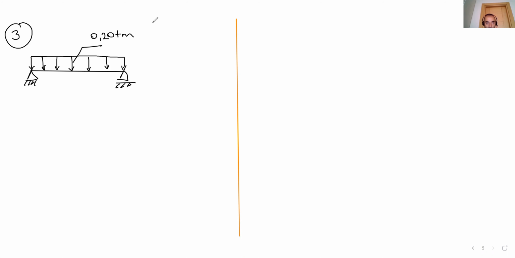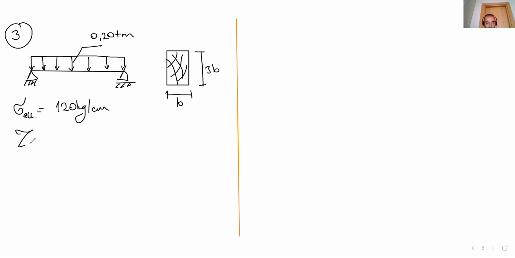The section of the beam is rectangle. Okay, and here this dimension is b, this dimension is 3b. Sigma allowable is this, tau allowable is